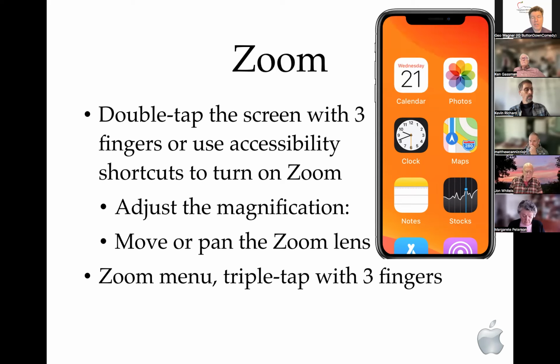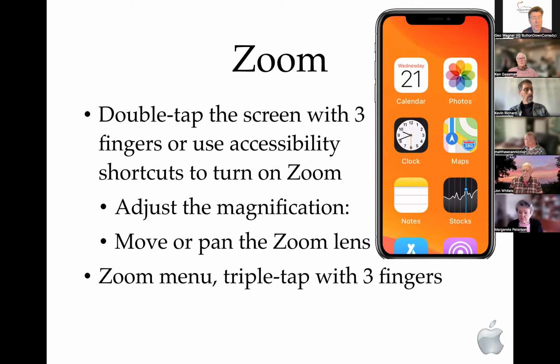Sometimes I have it where it just zooms in a little bit because I just need to be able to read things a little bit better. Now you can also triple tap with 2 fingers to bring up the Zoom menu. With that, you can manually use the little scroll bar to choose what zoom level you want. Then you have the option of whether you want the zoom window or the full screen. The zoom window is a rectangle that zooms within it like a magnifying glass. I like the whole screen zoom, so I go with that option, but